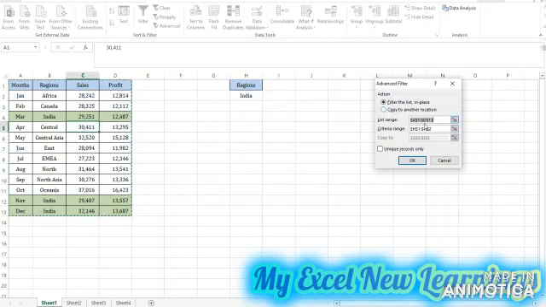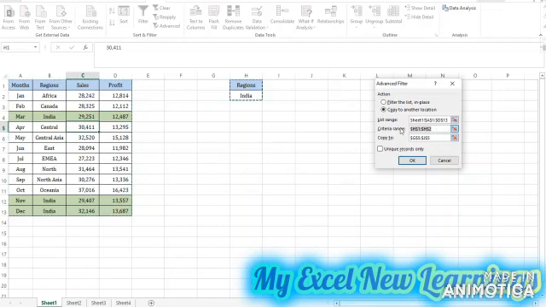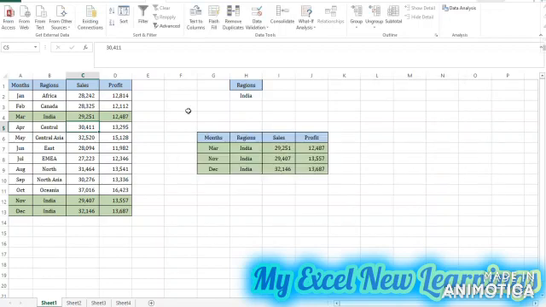So once you click on the advanced filter, a box will open. So here we have action. So we want to copy the data to the other location. So we will click on the copy to other location, and this is my list range, and this is my criteria. So I want to copy the data to here or anywhere in the sheet. You can click and just click OK. So here the advanced filter has given me the records for region India, that is for March, November, December, and the sales.